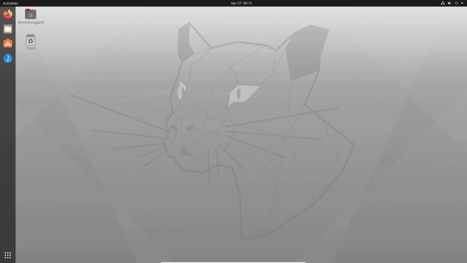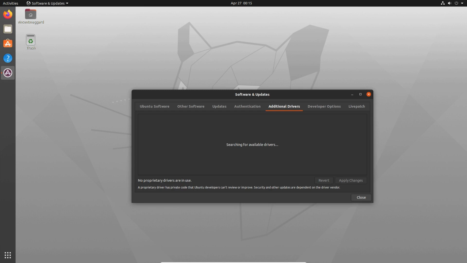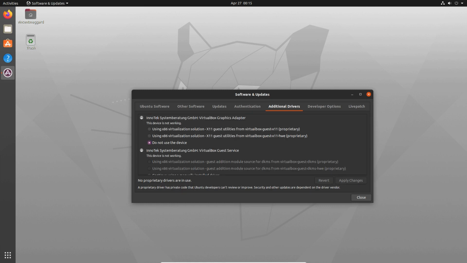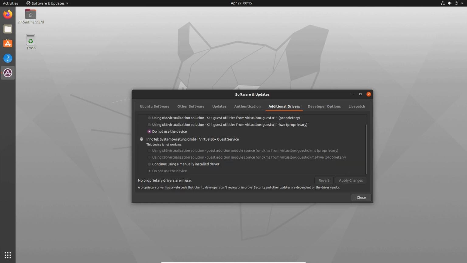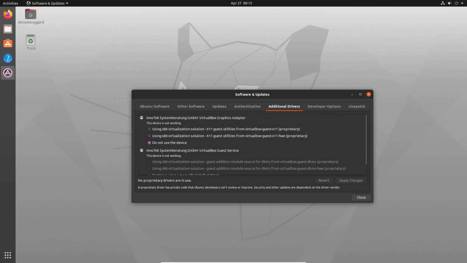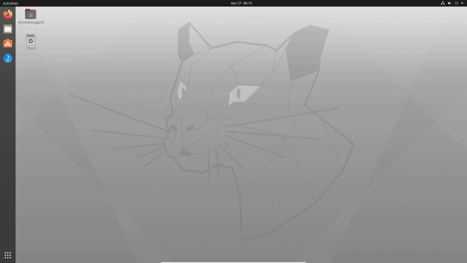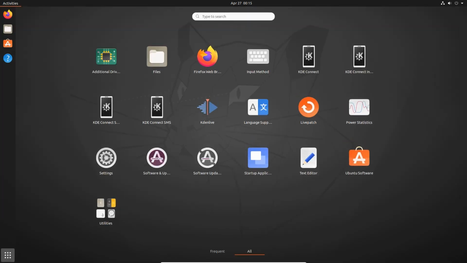You can always come in here if you have drivers and do additional drivers, everybody. And then that will bring up this screen. And so that's good for you new Ubuntu users. I'll probably do a video showing how to upgrade or something in the future. And you can see here I can come in and do the VirtualBox drivers here. And so looks like that this device is not working. Continue using the manually installed driver. So they shipped this with Ubuntu, but it's yelling at me. So it's working fine, but I suppose if you're running this in a VM, maybe you'd want to make that